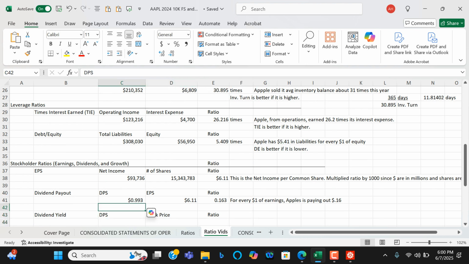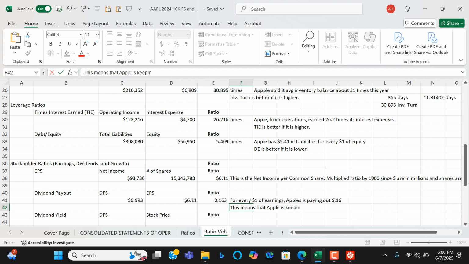Okay, so anyway, this does tell you one thing: they're paying out 16 cents on the dollar. This means that Apple is keeping about 84 cents of every $1 it earns. So that begins to tell you that Apple's a growth company, because